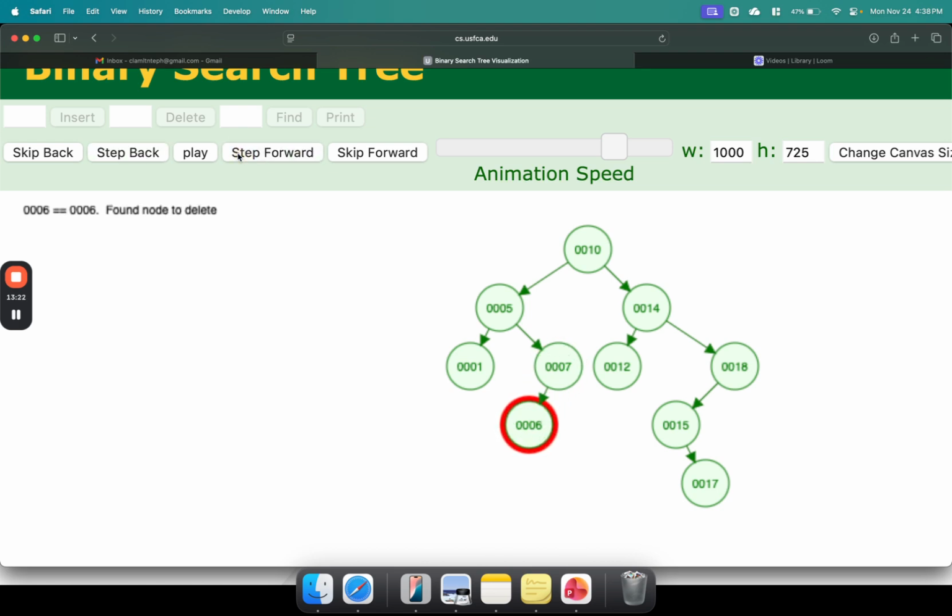So I found the number 6, and temp will point to 6. The left child of 7 will get null, and your 6 will get deleted. Free that node. So, very simple.